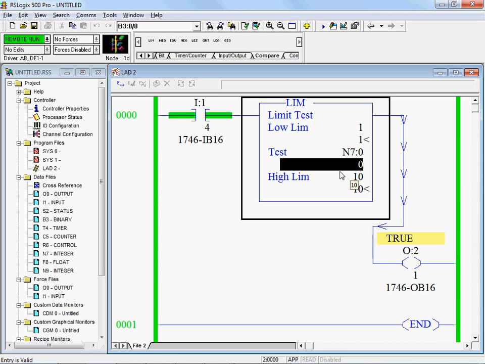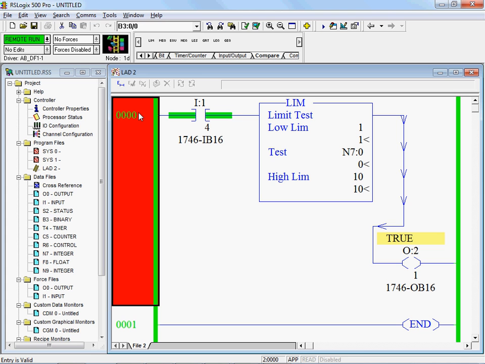Now, we can flip it. We can test outside that range. Now we're becoming true when it's inside that range. If I want to test it outside that range, I'm going to have to repeat this, because on the limit instruction, if the low limit